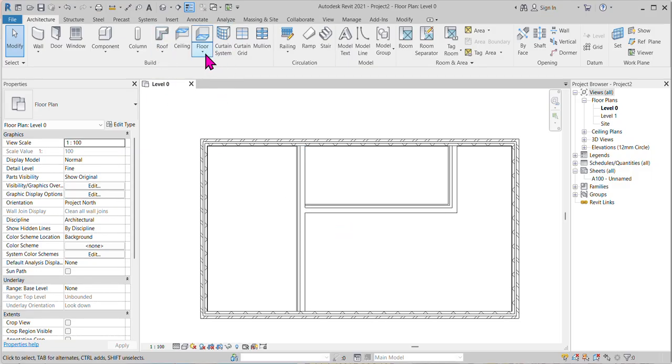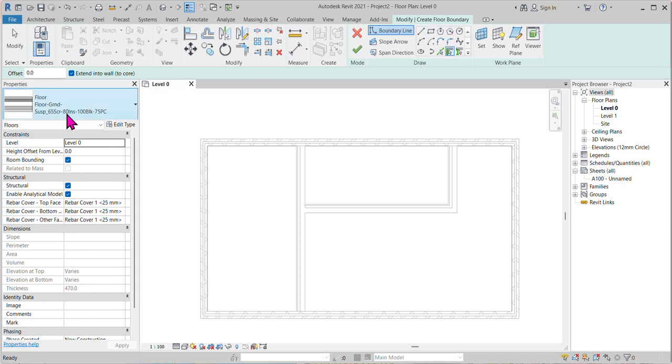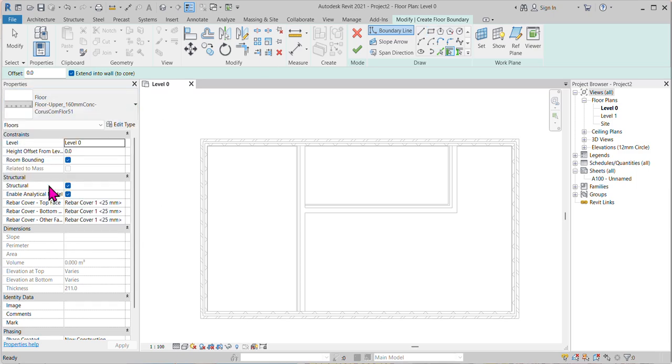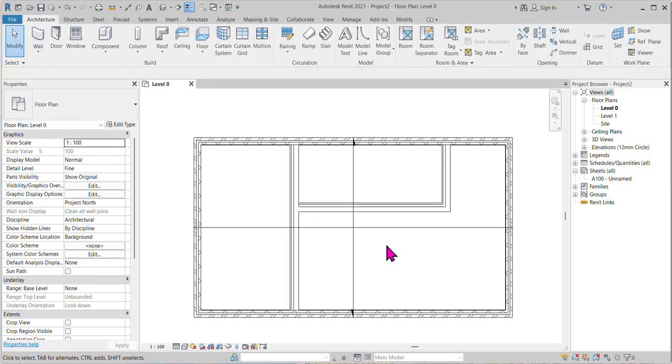So now I can go back to my floor. If you want, you can choose your floor, the thickness. Okay. So based on that, you can choose the pick line. So you can choose your boundary. Okay. And apply. Right. Okay. So